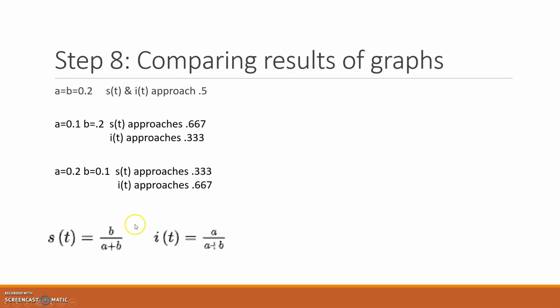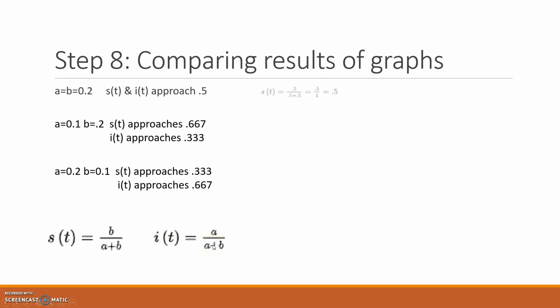And so, the general formula I got for this, I just fiddled around with it. I didn't do anything specific. I was just looking at, is there a value that they approach that is based solely on the b and a plus b values? And I found that S of t approaches b over a plus b, and I of t approaches a over